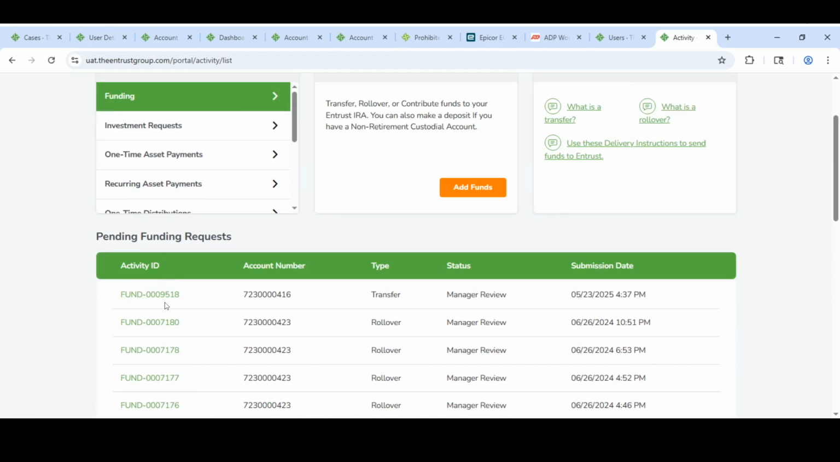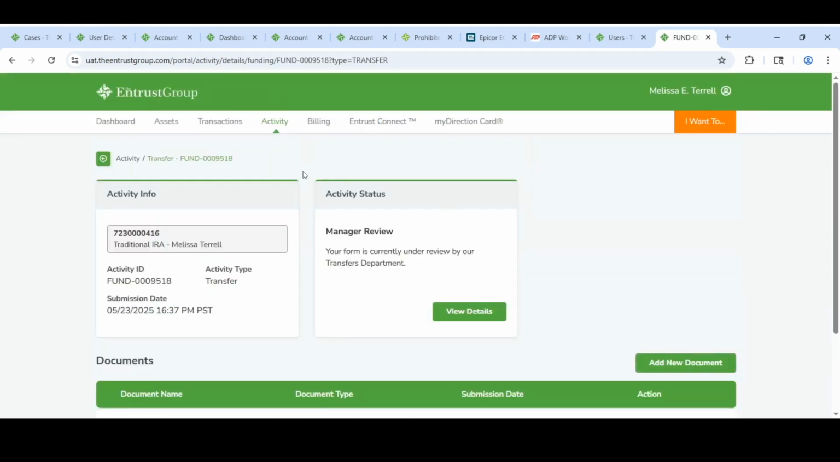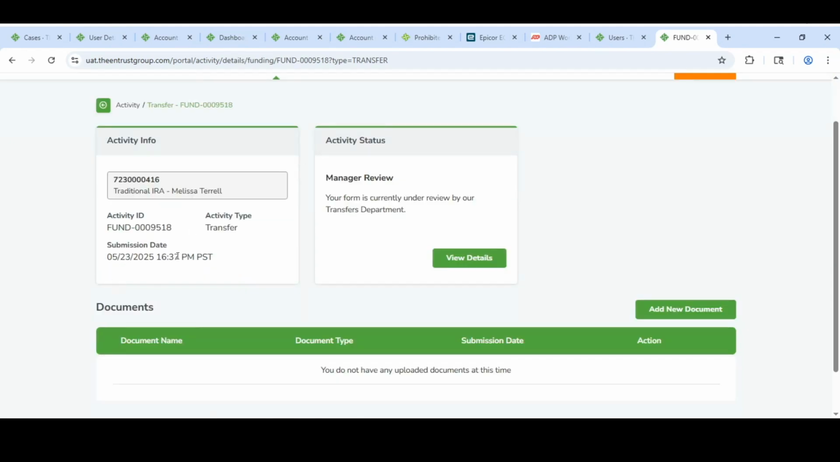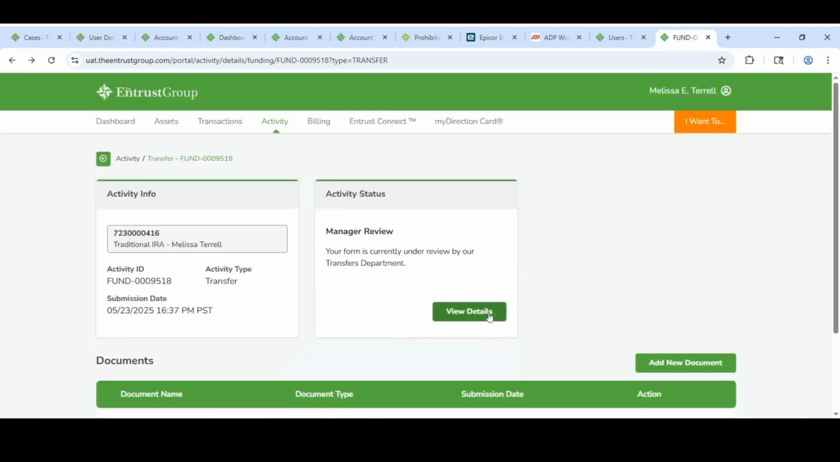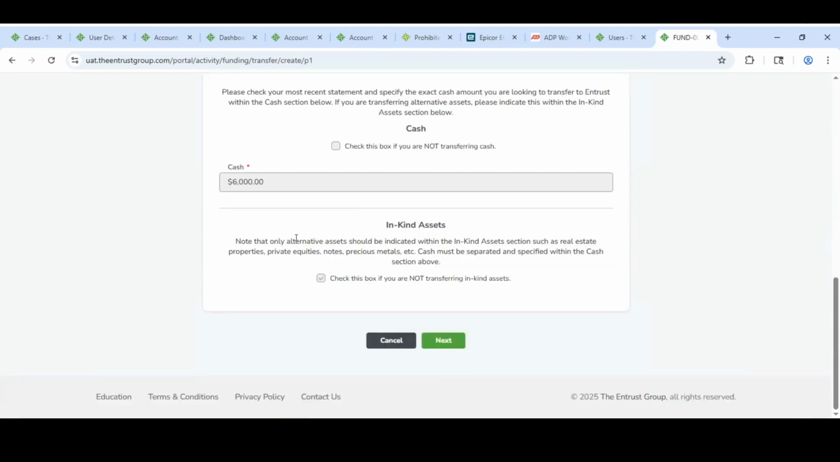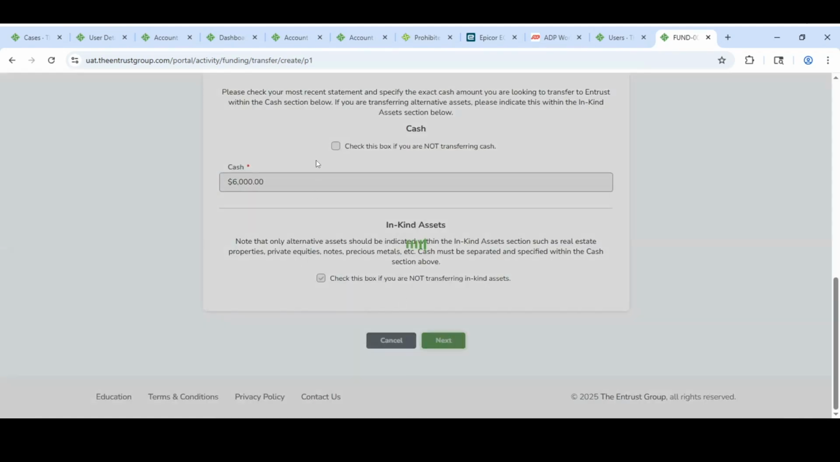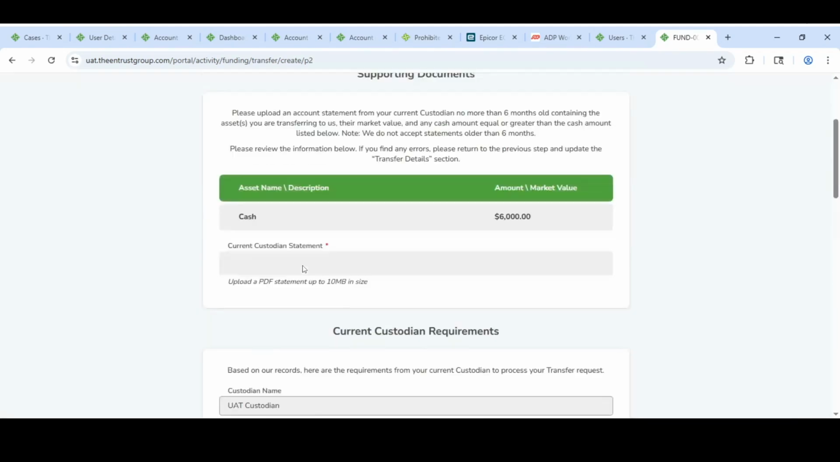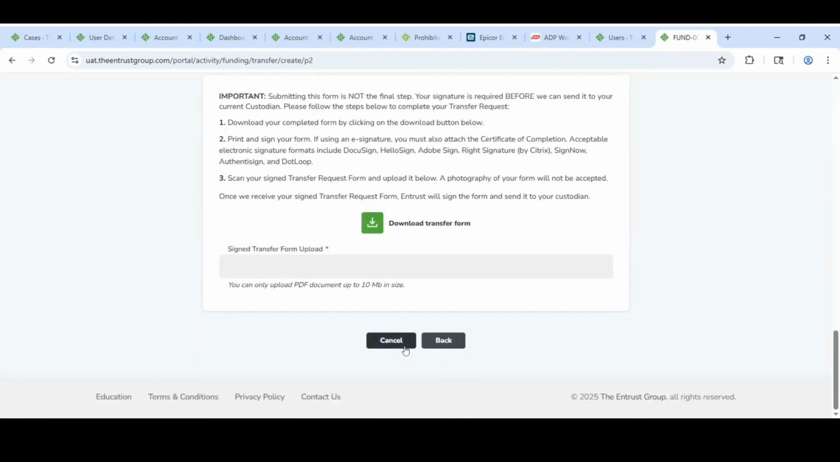And if you click on the activity ID of these funding requests, or any transaction for that matter, you can see when it was originally submitted. You can also see the details as well. You can click next and see everything that was entered. And if we go back,